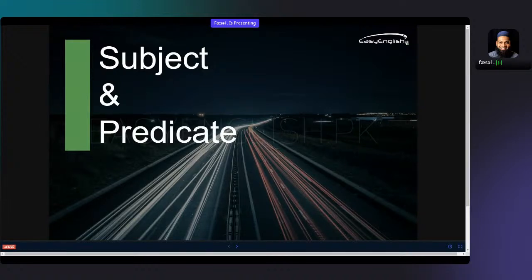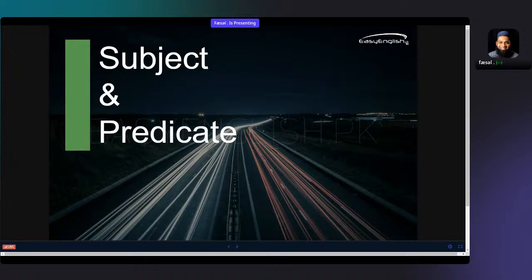Yesterday we did a small poll about this, in which I asked you what language you want me to speak. So there were more votes for me being bilingual, so that's what I'm going to do in this class. So before this presentation on subject and predicate, some of you might already know what a subject is